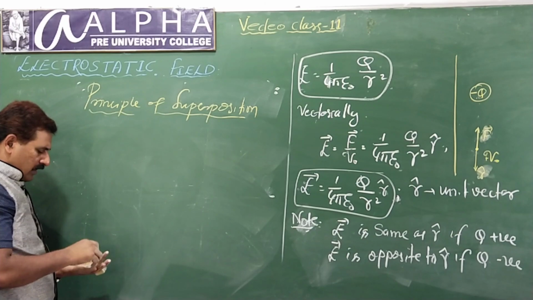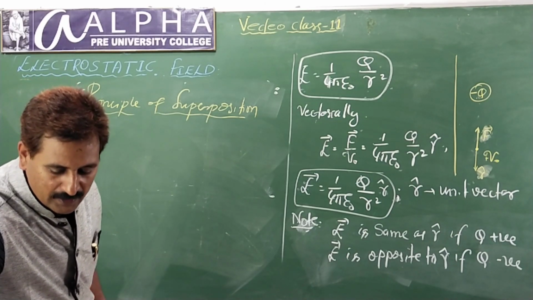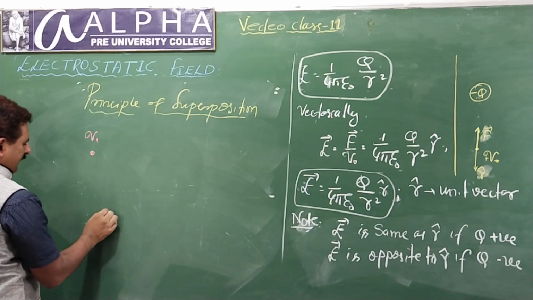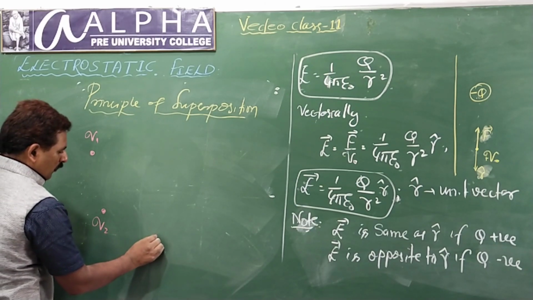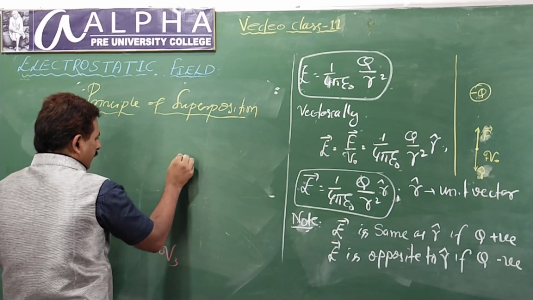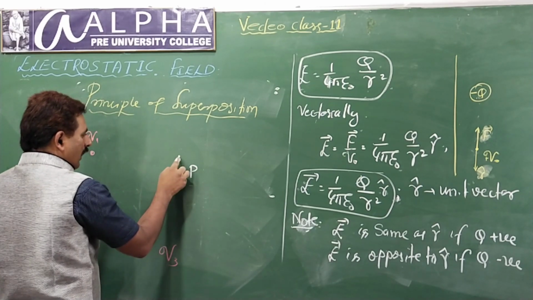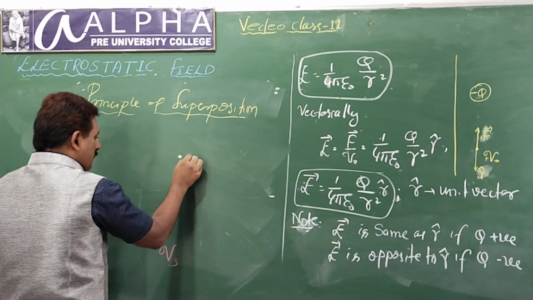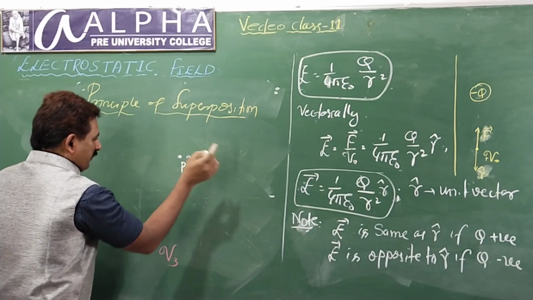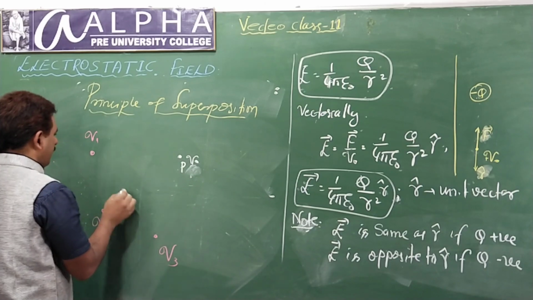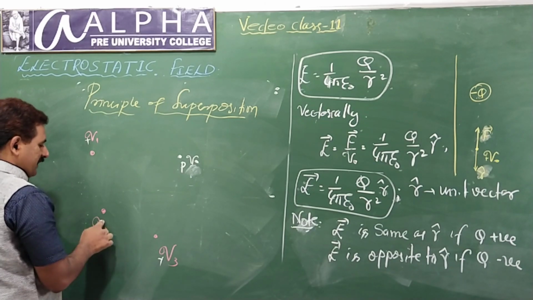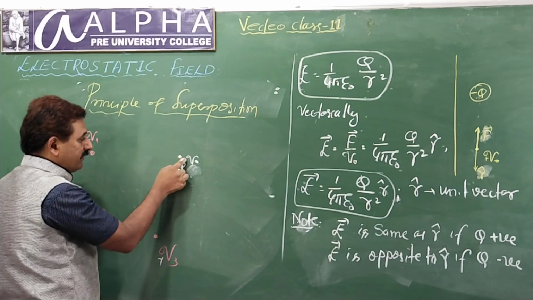Now consider a collection of charges. Let me consider some 4 or 5 charges. See, this is charge Q1. There is another charge Q2. One more charge Q3 and so on. Now consider a point P where I am going to place a unit test positive charge Q0. I place a UPC, unit positive test charge. As it is always positive, this is positive, this is positive, this is positive. What do these three do? They apply force on this.